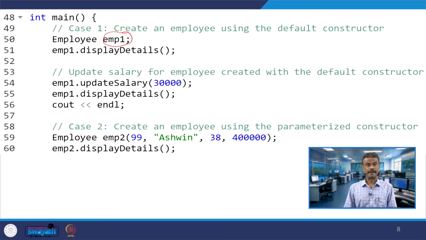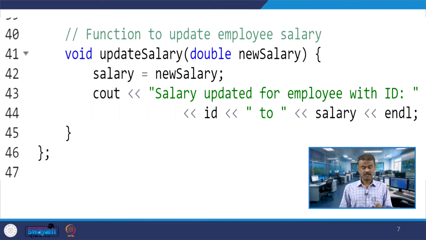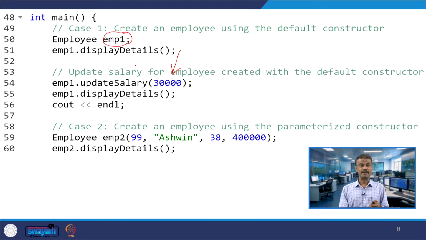We have done up to line number 51, and on line number 54, EMP1 is invoking update salary and you are passing 30,000. When you update the salary, the new salary will be assigned to salary. So when EMP1 invokes display details, there is a change.